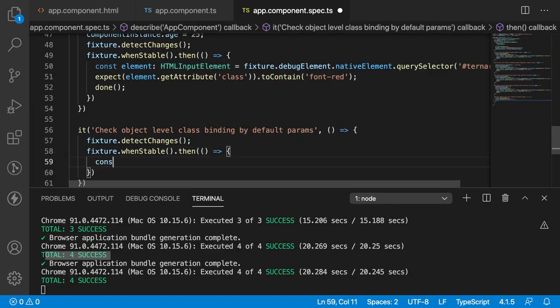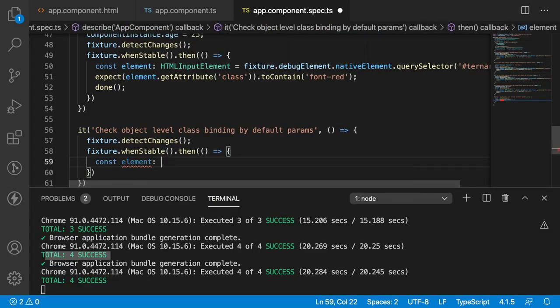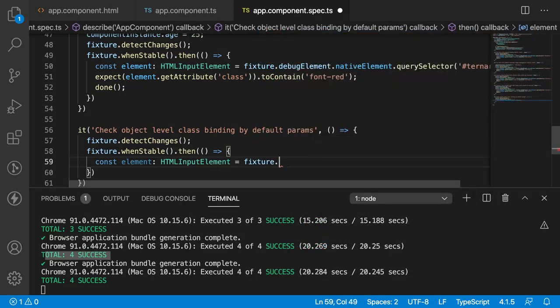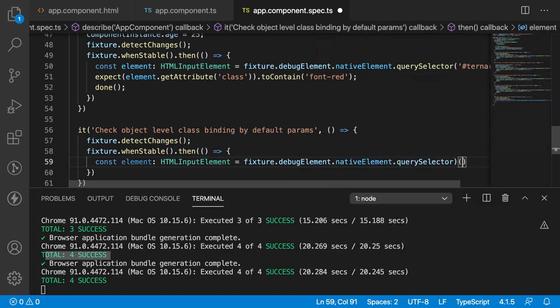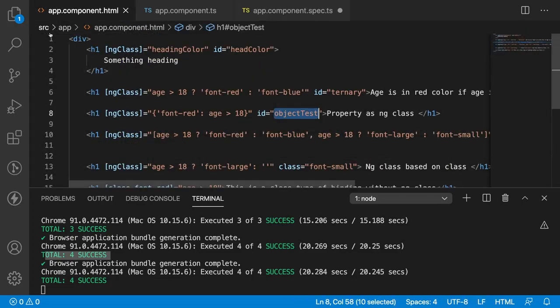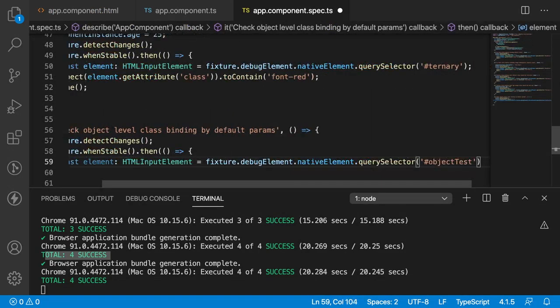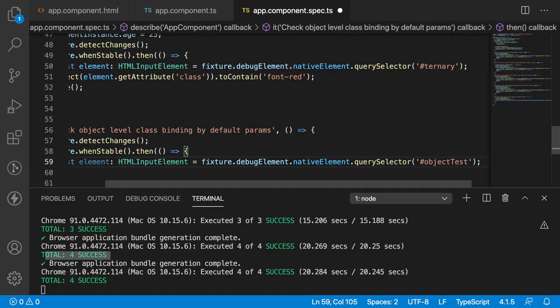Inside the callback function, let me write const element HTMLInputElement equal to fixture.debugElement.nativeElement.querySelector of, what is my selector? My selector will be object test. If you go here, copy this id and pass this as a prefix with hash, and now my element is captured.